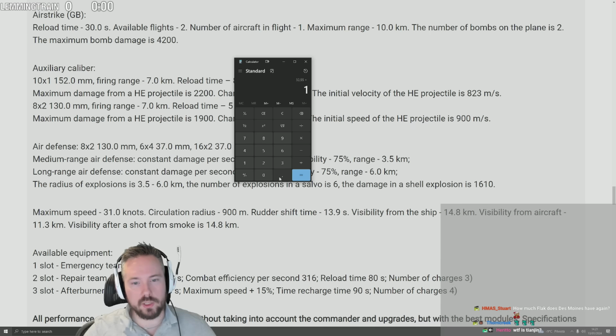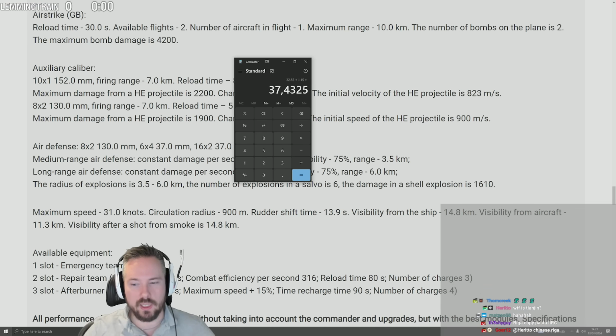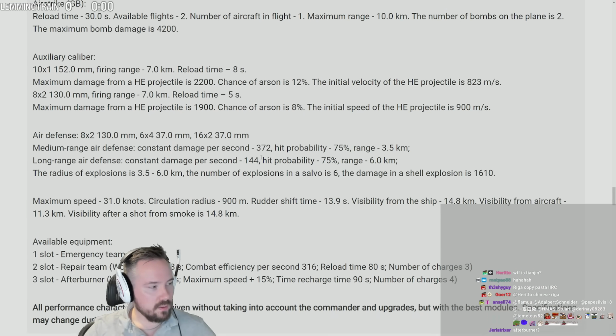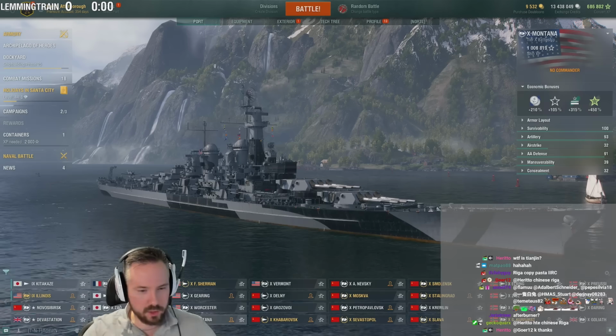If you don't run brisk, or you're spotted, even when spotted, you're still doing 37 knots with the speed boost. God damn. Still doing 37 knots in this thing. Sheesh. How much flak does Des Moines have again? Wait, surely it wasn't...